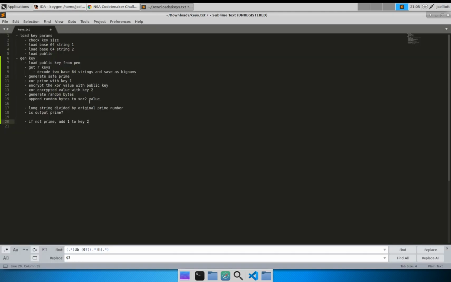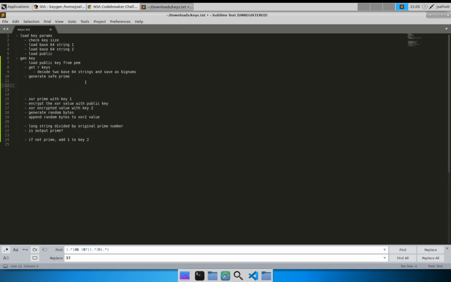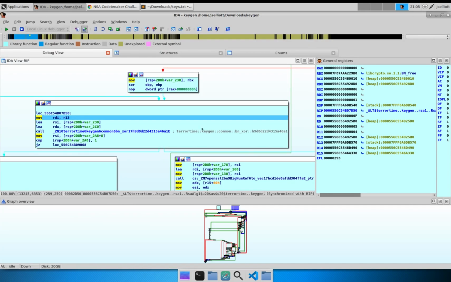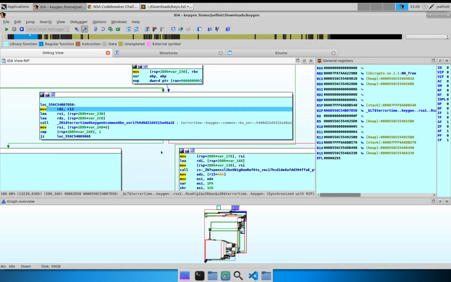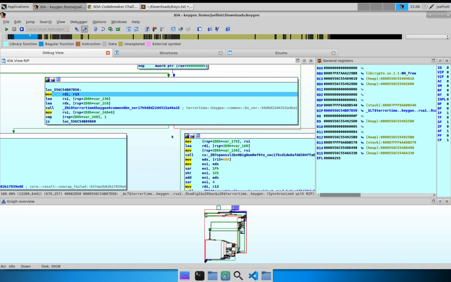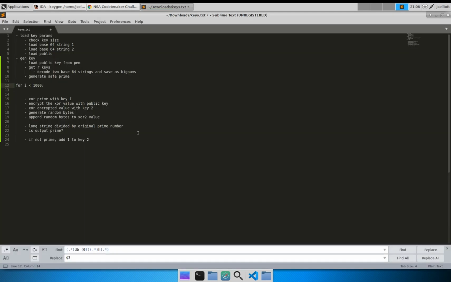So at this point, we can kind of say for i less than 1000, we'll be doing this loop. So what it means is that we're going to be continuing on down through this loop and continuously trying to find a long string like this, that if we divide the prime number, then it comes up with another prime number. Now the interesting thing about this is that this long string that we had our random bytes appended to